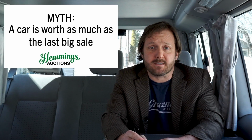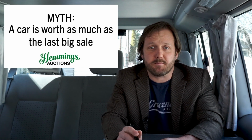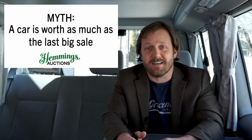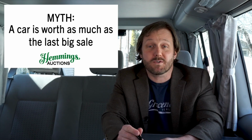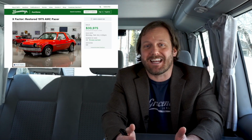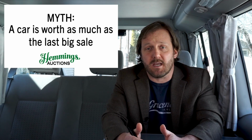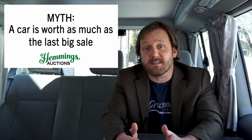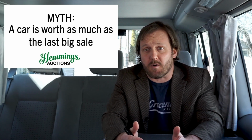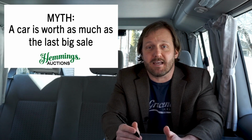Recent sales do influence how much a car is worth and correspondingly what the reserve price should be. But in most cases, especially with mass-produced cars, one high sale does not define an entire model. We sold 2 AMC Pacers, one for 25 grand, another for 30 grand. They might be the nicest 2 Pacers left in existence. That does not magically make every AMC Pacer worth that much. There are specific factors behind every result. A high sale could be some rare combination, an incredibly stunning example, or even just a fluke bidding war. That's why we look back at months of auction results to get an overall picture and then recommend a reserve